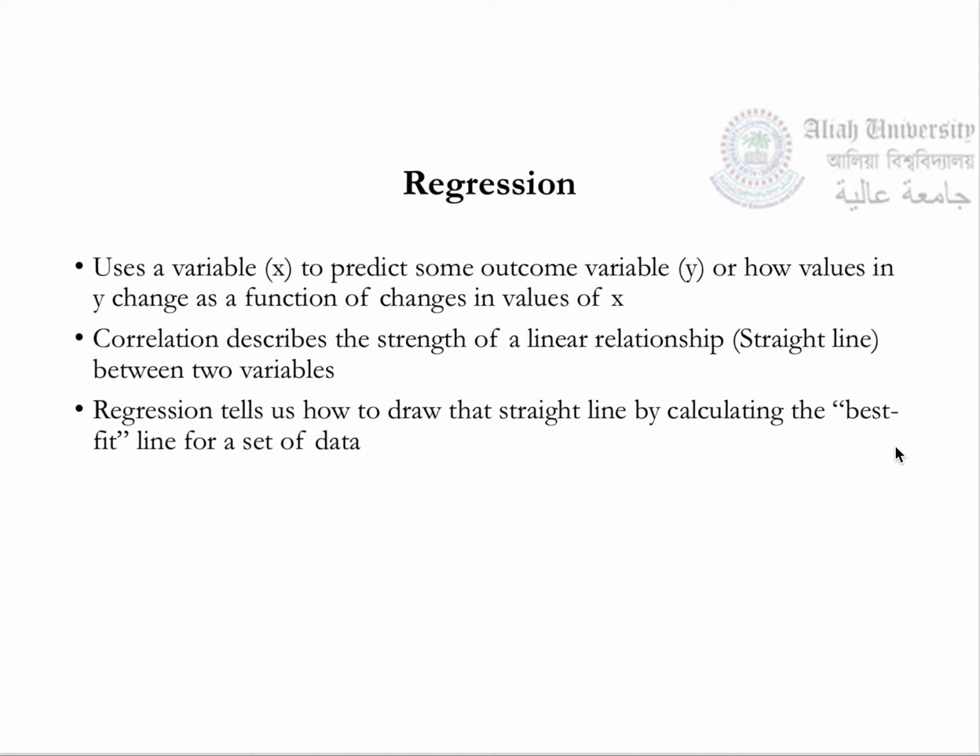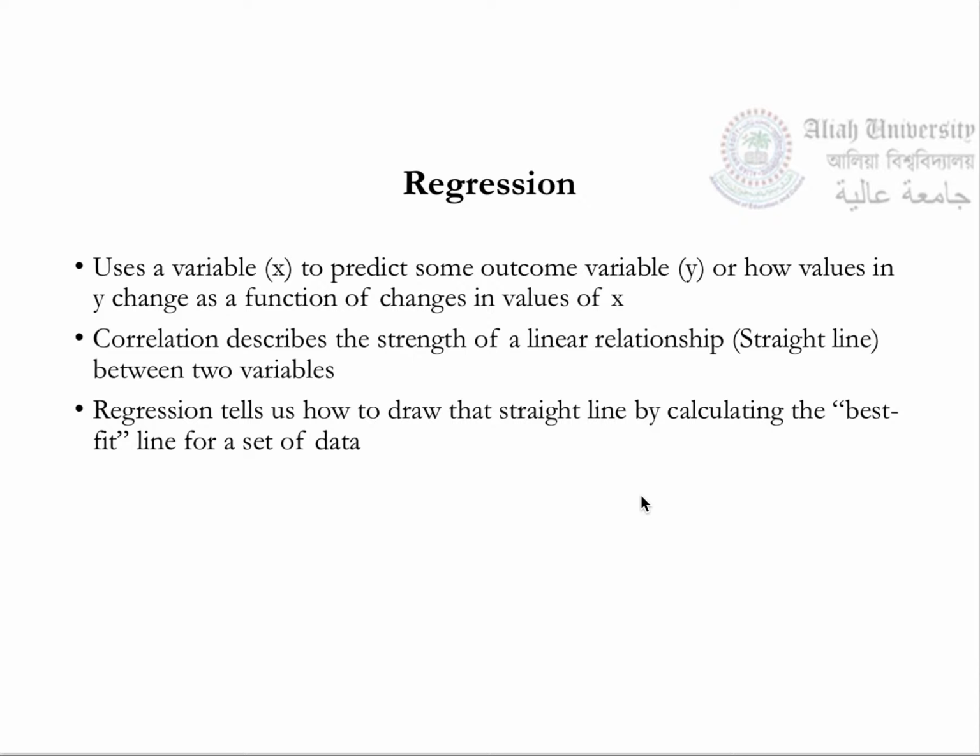In the simplest terms, if you're taking the two sets of variables as x and y, if there is a change in x, correspondingly how will y change? Now please keep in mind that this presumes we are going to do this only when there is a relationship between the two variables. Okay, so regression basically tells us how to draw the straight line which calculates the best fit line for the